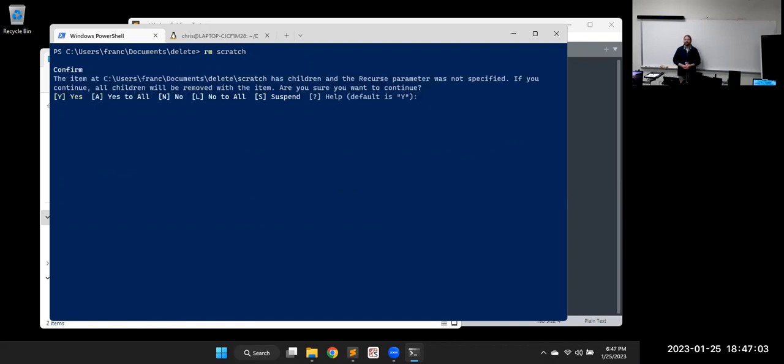So if I try to remove scratch now, it's not empty, so it asks about recursive. We do have to do a recursive call. And notice if I put the -r parameter, I put the parameter name but no arguments to fill that parameter. Anybody know what that parameter type is?